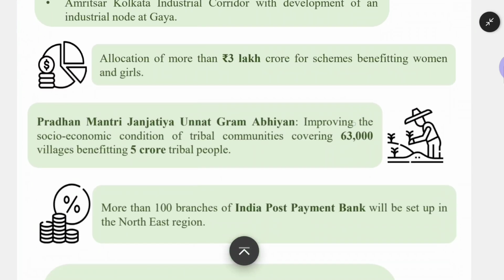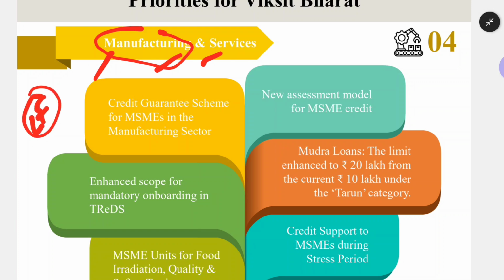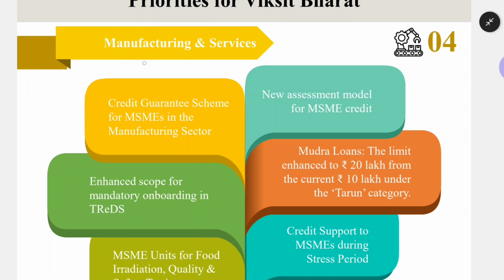Okay, now let us go ahead with part 4. Part 4 is all about manufacturing and services. You know that for a country like India, manufacturing plays a very important role because it has the ability to absorb a lot of labor force. Remember this point, because for a country which has a majority of the adult population unskilled, manufacturing takes center stage. That is the reason India is always promoting what? Manufacturing, so that the unskilled adult labor force can be absorbed under it.